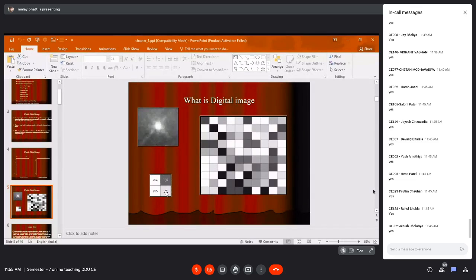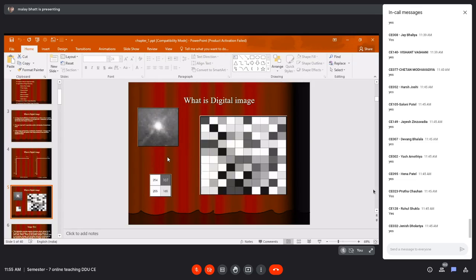So here also you can see in this 2x2 image, it is a grayscale image. This 2x2 is taken from this image at the top, a small portion from it. So you can see that 254 is almost white. Our grayscale intensity values will range from 0 to 255. So 0 is representing your black and 255 is representing your white color. So that is how we have a grayscale image.